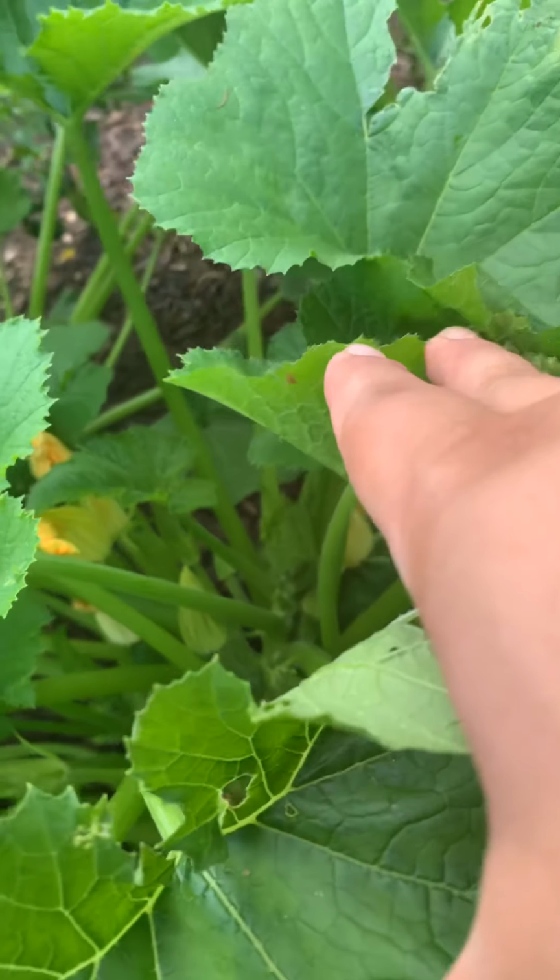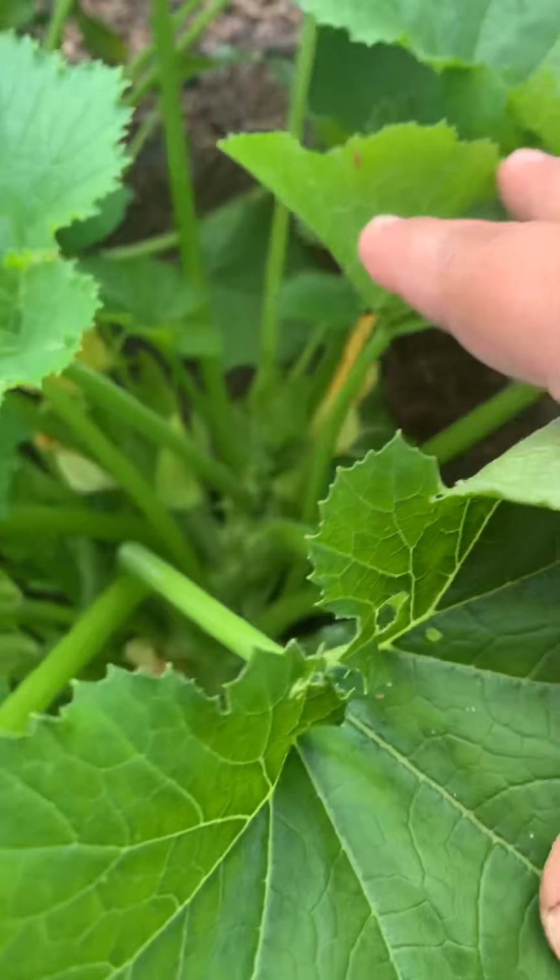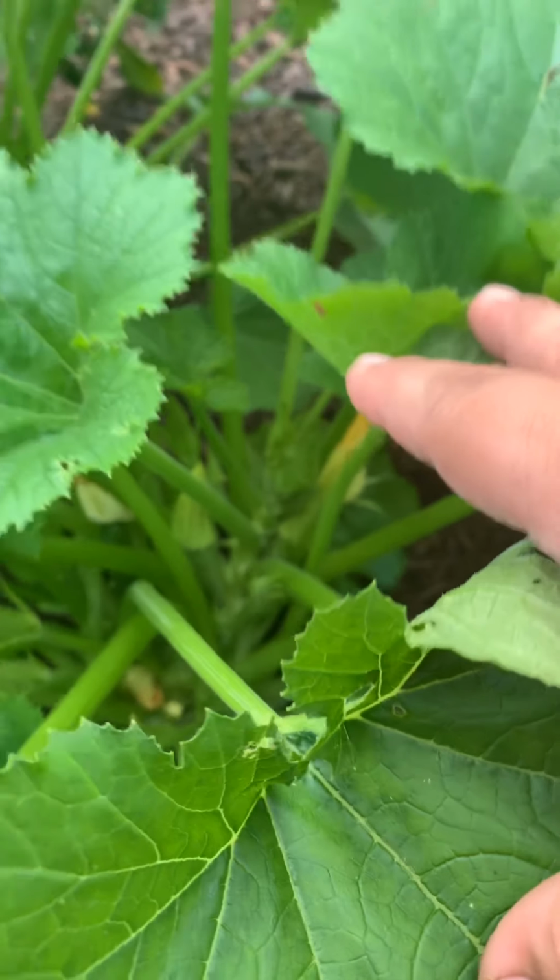Looks like I got a couple zucchinis forming here. That's weird. That one...